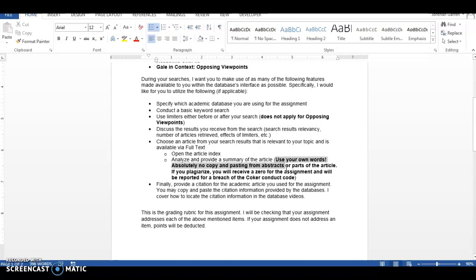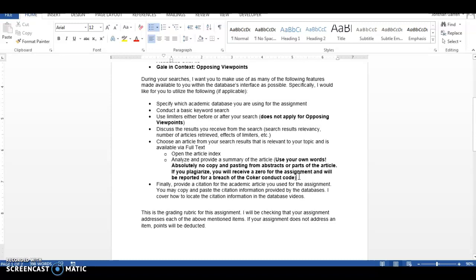Make sure you use your own words. Do not just copy and paste the abstract. Do not just copy and paste the introduction from the article. I've had students do that in the past, sometimes by mistake, sometimes I think on purpose. Normally, I'm pretty good though about just letting you know that this happened, and then allowing you to resubmit at least once. But if you do it and then you ignore any